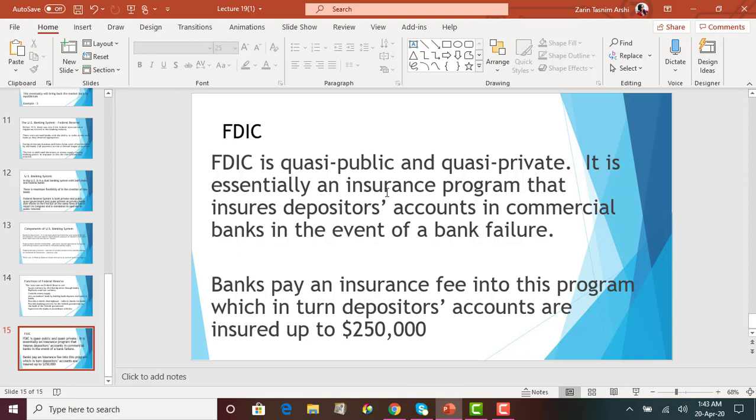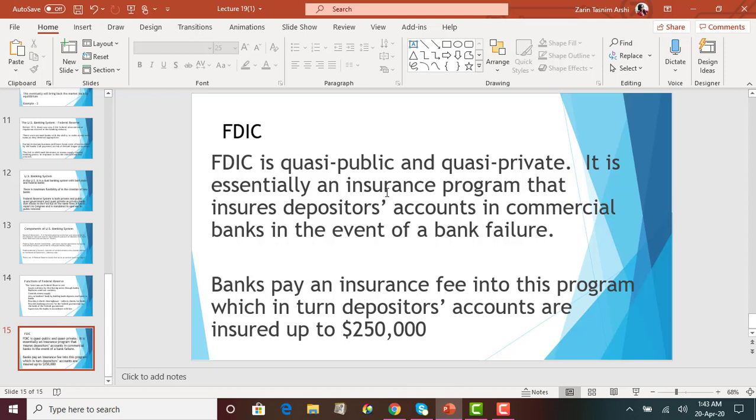So when we keep our money in checking accounts in the banks, the FDIC will ensure that in case the bank collapses, we will get back the money that we have in the checking accounts. Okay, so it's kind of an insurance program for the banks. The banks do have to pay a premium to the FDIC. So every month they make a monthly payment, and in return the FDIC gives insurance on the checking accounts